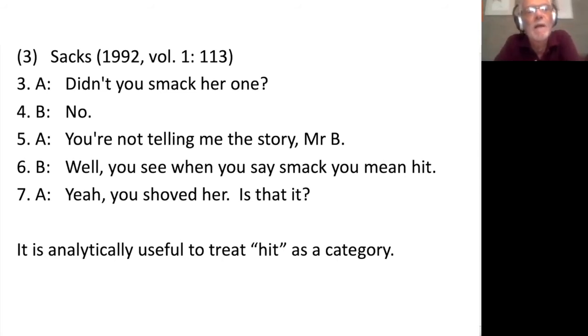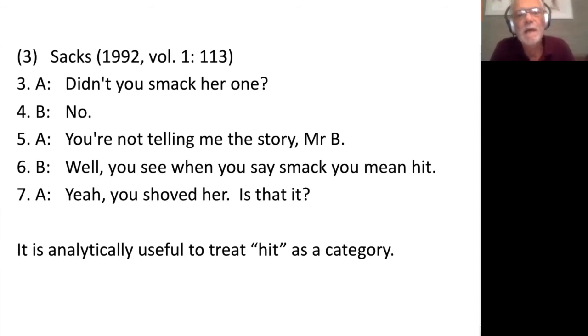The line that I'm interested in is the next one. B says, "Well, you see, when you say smack, you mean hit." And he says, "Yeah, you shoved her, is that it?" Now, what I want to show here is that although we wouldn't necessarily, in every context, treat hit as a category, although linguistically, of course, it is a category, there is reason to treat it as a category here. When he says, when you say smack, you mean hit,